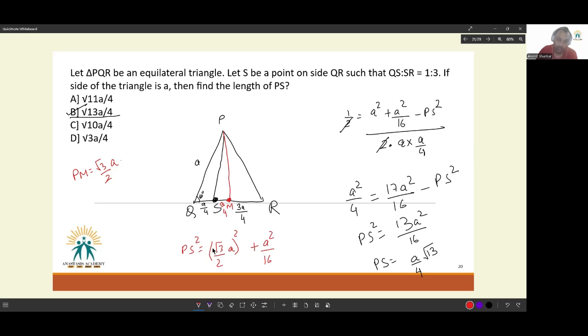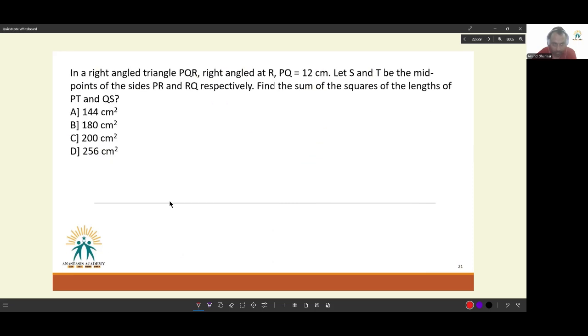So this gives us how much? PS square will be equal to 3A square by 4 plus A square by 16, or PS square is equal to 13A square by 16. PS is equal to A by 4 root 13, which is again given to us in the option. You can do it by dropping a perpendicular, or you can do it by using the cosine rule that we know from earlier. Okay. Next,